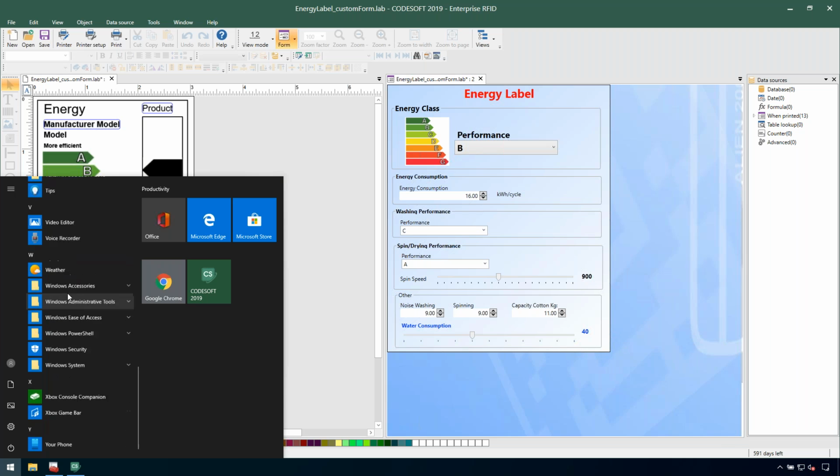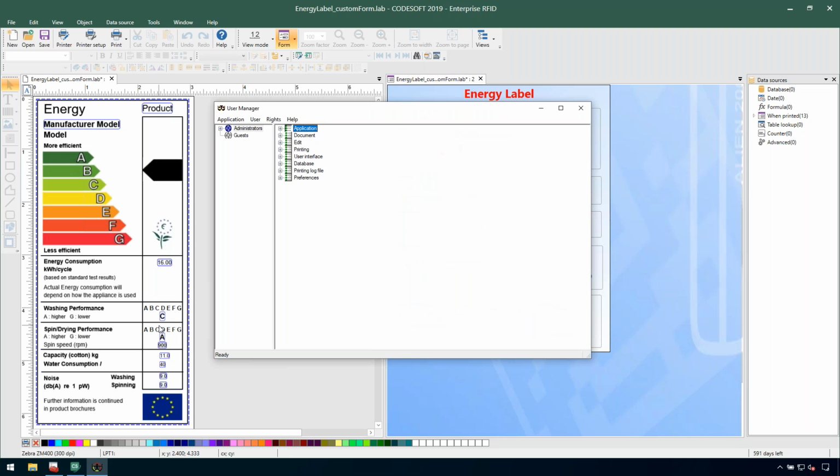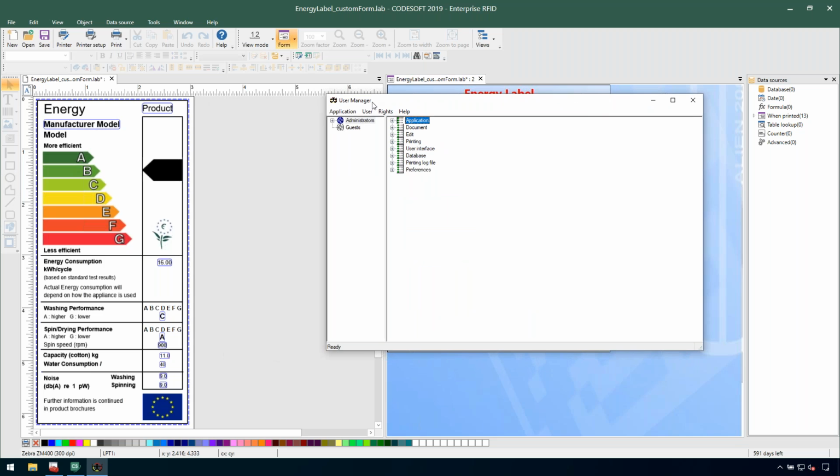So we're going to click start. We're going to scroll down to T's for tech links. We'll see the user manager shortcut down at the bottom here. Now, before we jump into this window,